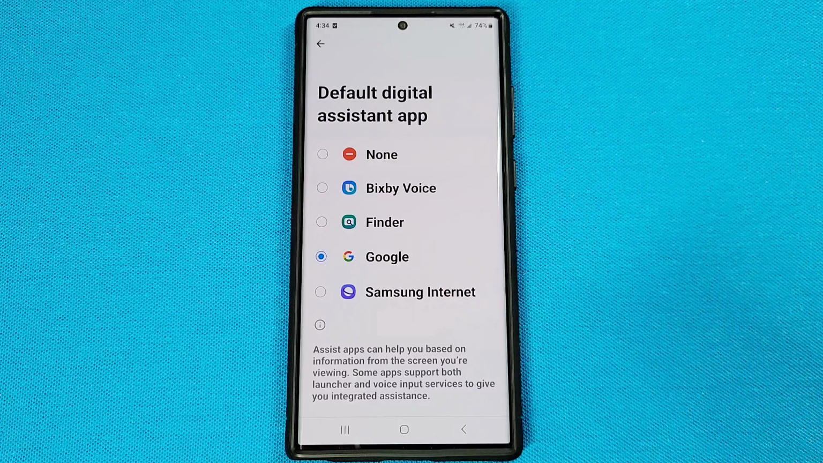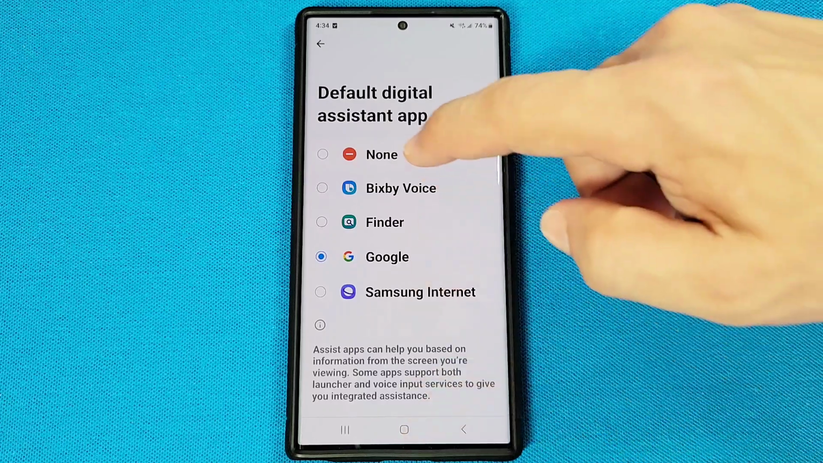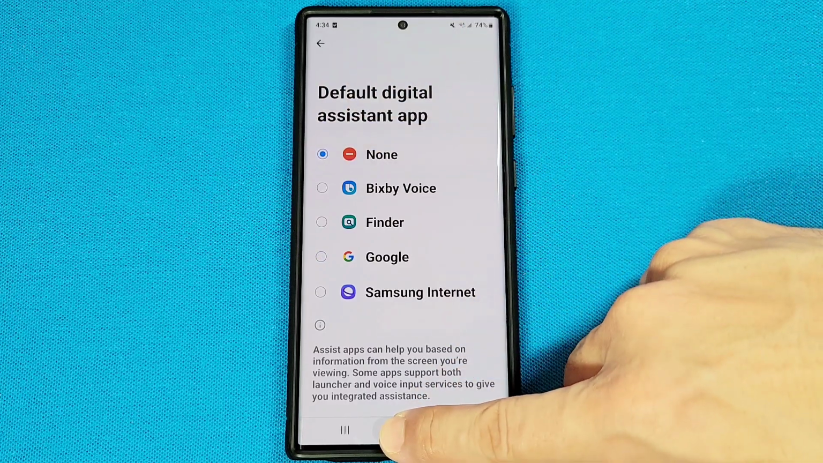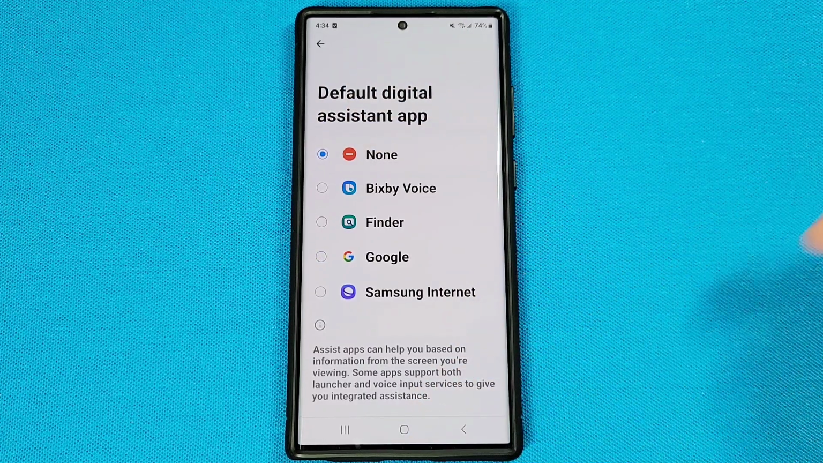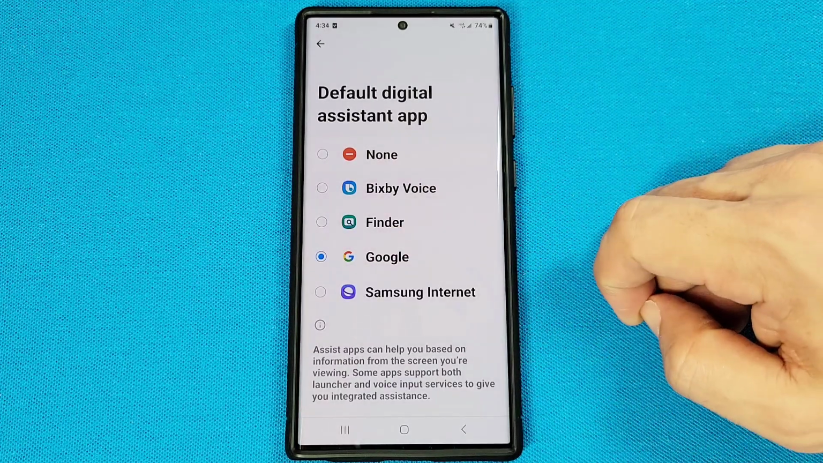Now, if you don't want any digital assistant app when you long press the home button here, you can switch to none. And then when you long press it, nothing's going to happen, nothing's going to show up, and that's disabling it. You can come back here now and switch back to Google if you want to,